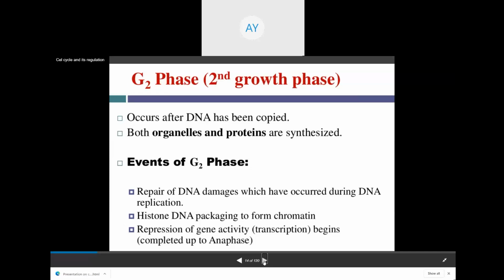Gene activity means transcription, means whatever the DNA or RNA synthesize that is going to rearrange, मतलब DNA और प्रोटीन आपस में rearrange होगा for what, for making chromatin, that chromatin that form the chromosome।